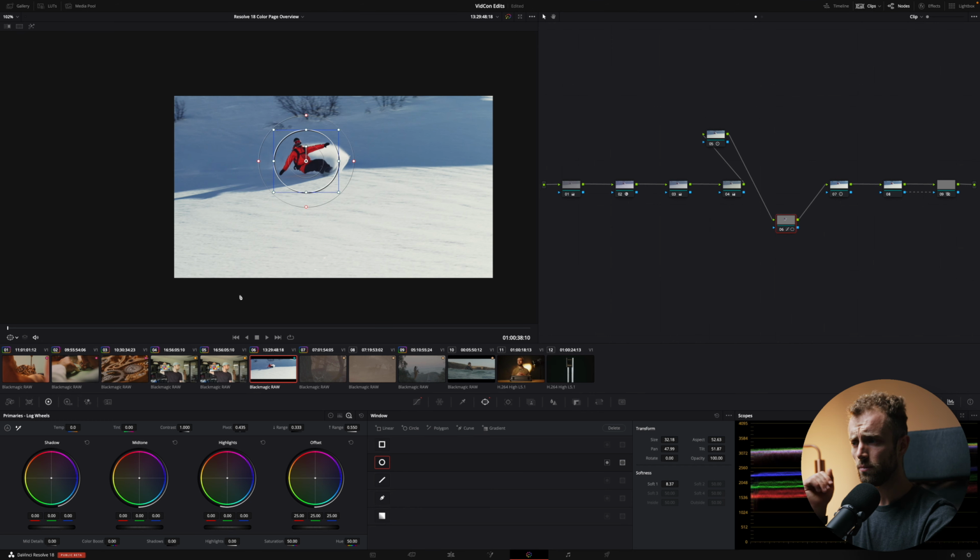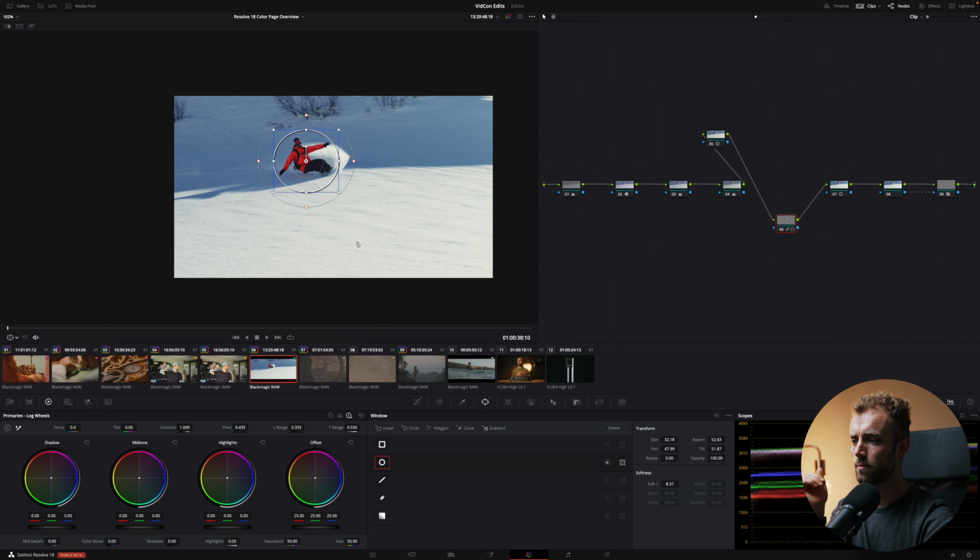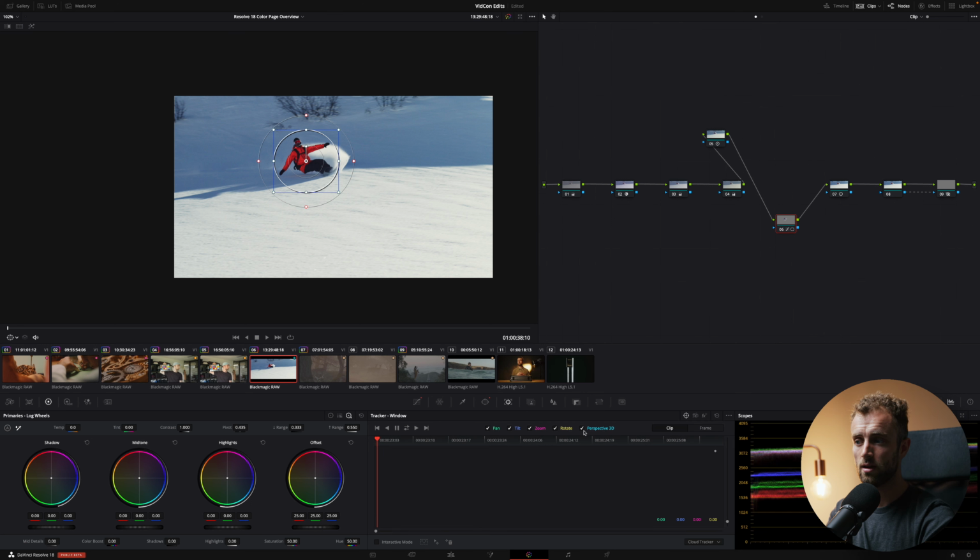Now, all good and all, but he's moving, right? So how do we do that? Well, you have a tracker in DaVinci Resolve. So let's go over to the tracker window. And then if you have a good selection of the subject, it will actually do a good job. But, you know, this is a bit of trial and error. So you've got a couple options here. You've got your window tracker, your stabilization, and your effects tracker. For this, of course, we have a window, so we do a window tracker. Press this button, tracks forward and backwards, and there we go.